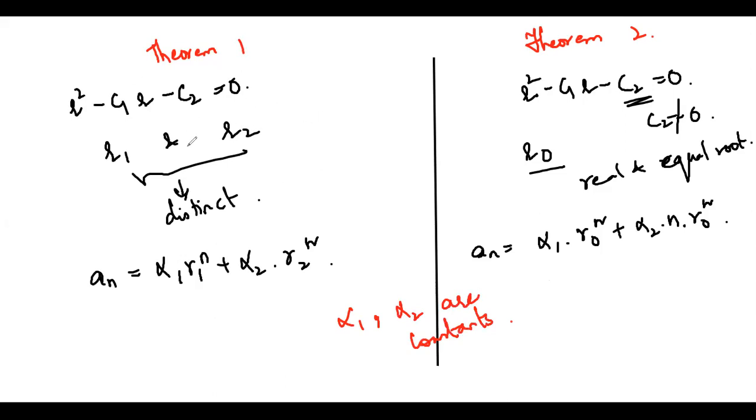Okay, so this is for real and distinct, very important problems for LEQs, and you might get any one of the following in the exams. You have to identify the characteristic equation, then find the characteristic roots. Depending upon the roots, choose whichever theorem you are doing. So this is when you have only two roots. In the next theorem or the problem, we will see when we have more than two roots or multiple roots.